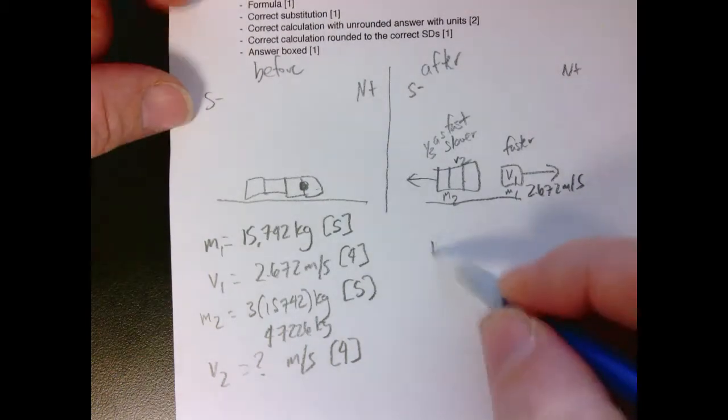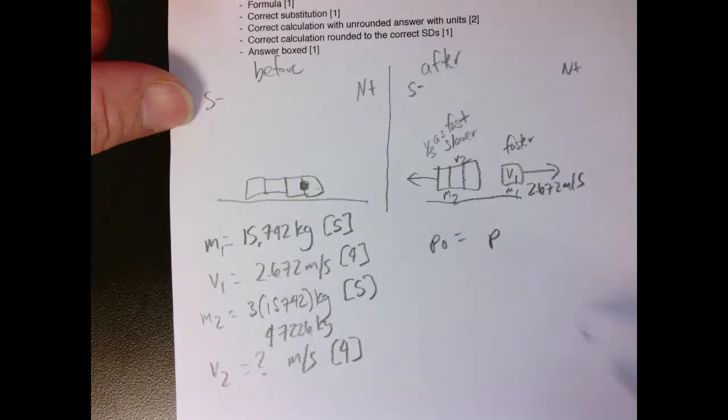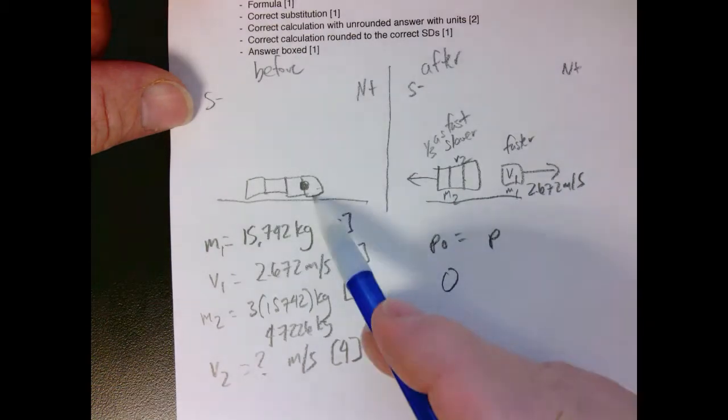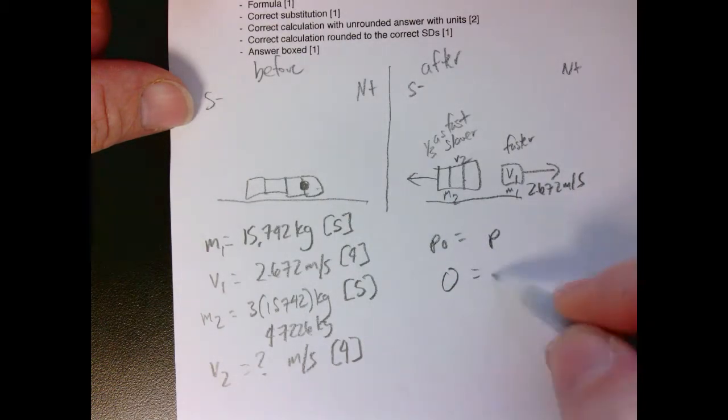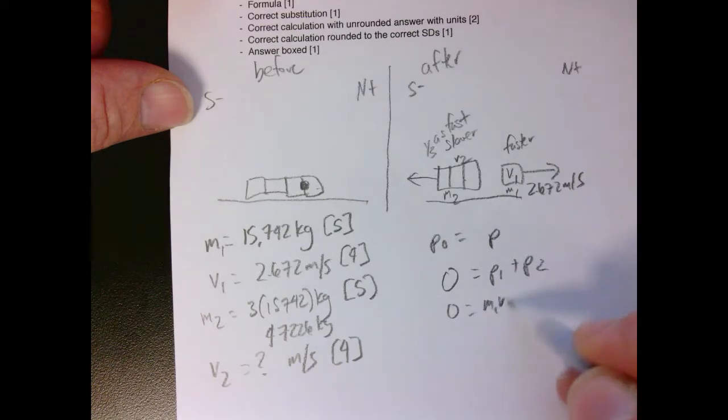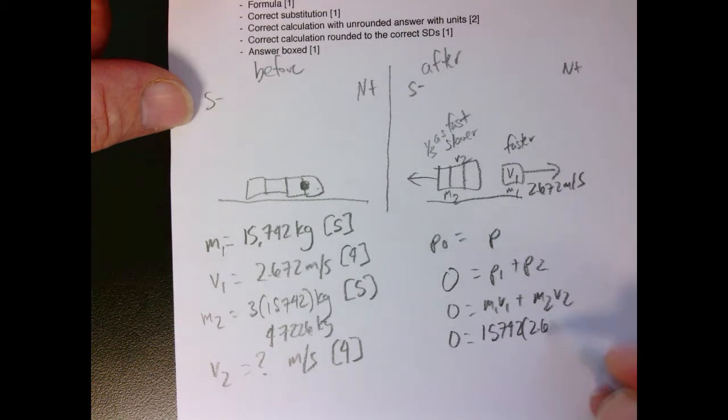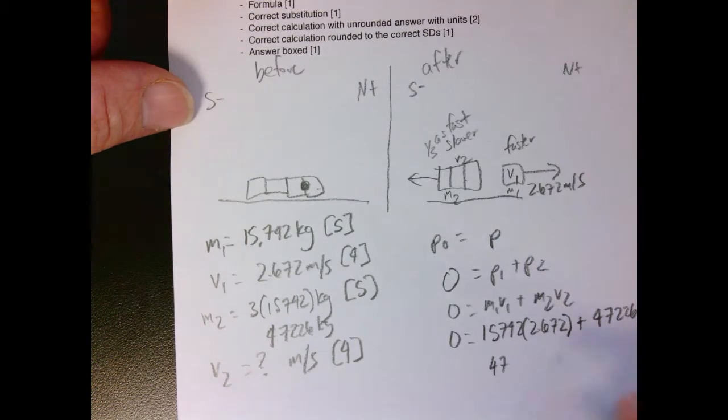So most likely our significant digits are going to be 4 in the final answer. So what we know is the momentum before equals the momentum after. And before, we know the momentum is 0. Both of these are at rest. Afterward, we have the momentum of 1 plus the momentum of 2. So this is M1V1, and this is M2V2. So 0 is 15,742 times 2.672 plus 47,226 times V2. So 47,226 V2 is equal to